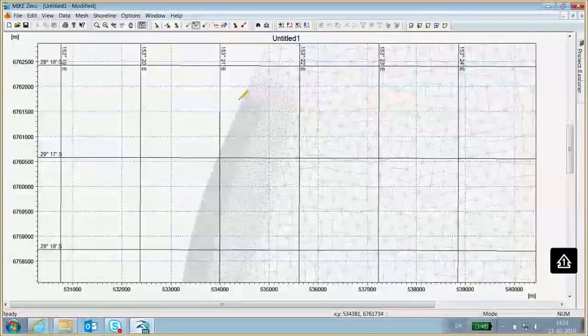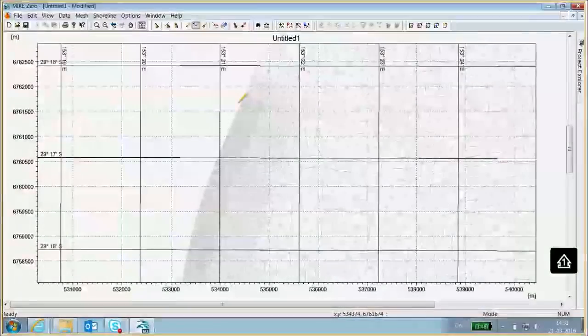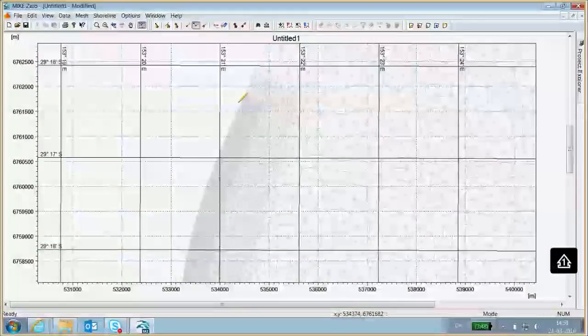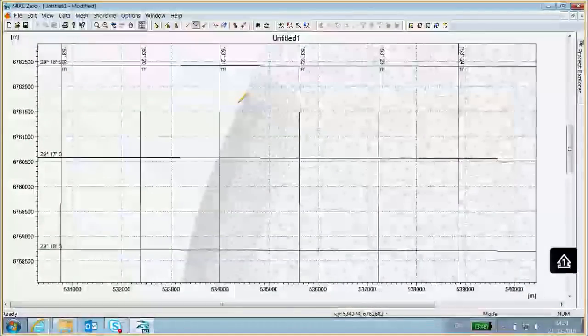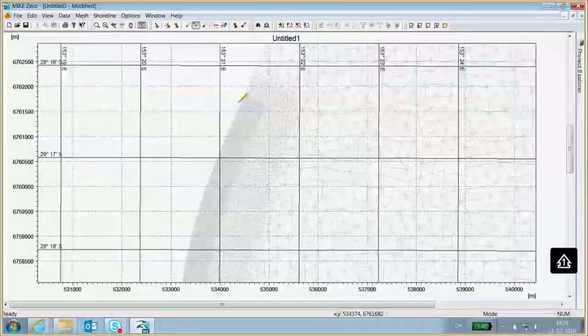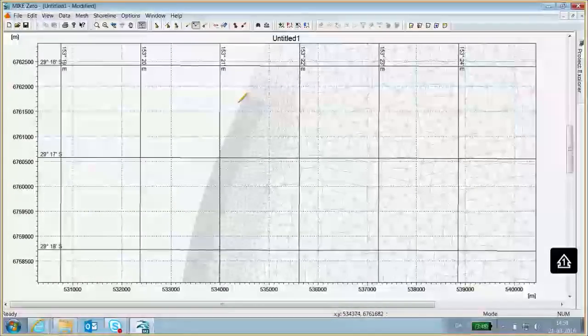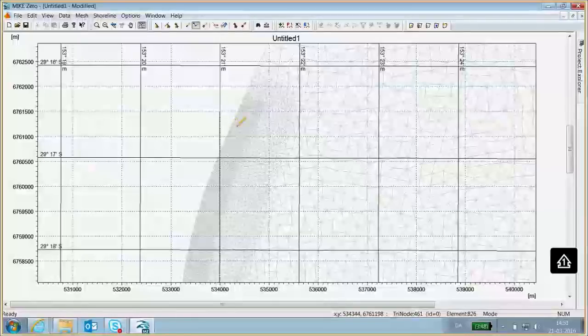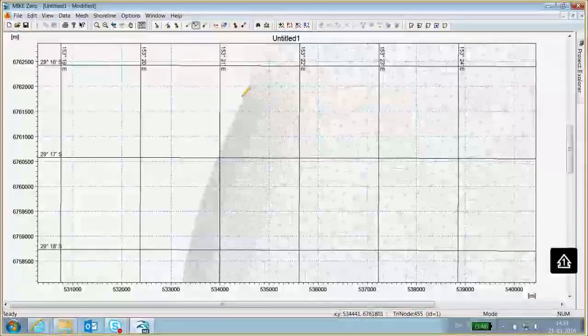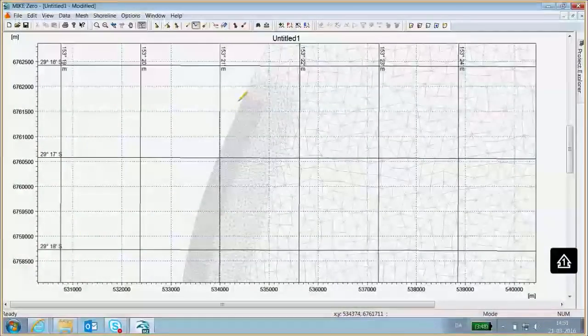I prefer to have my baseline located just outside of my mesh, and of course parallel to the depth contours. Now the mesh here was generated so that this outer boundary does follow the depth contours. So I'm just going to draw the baseline